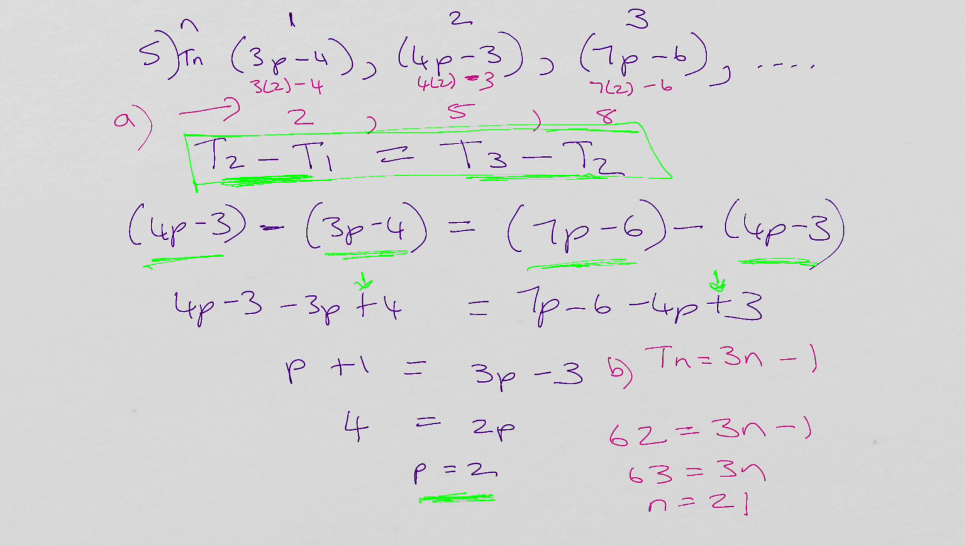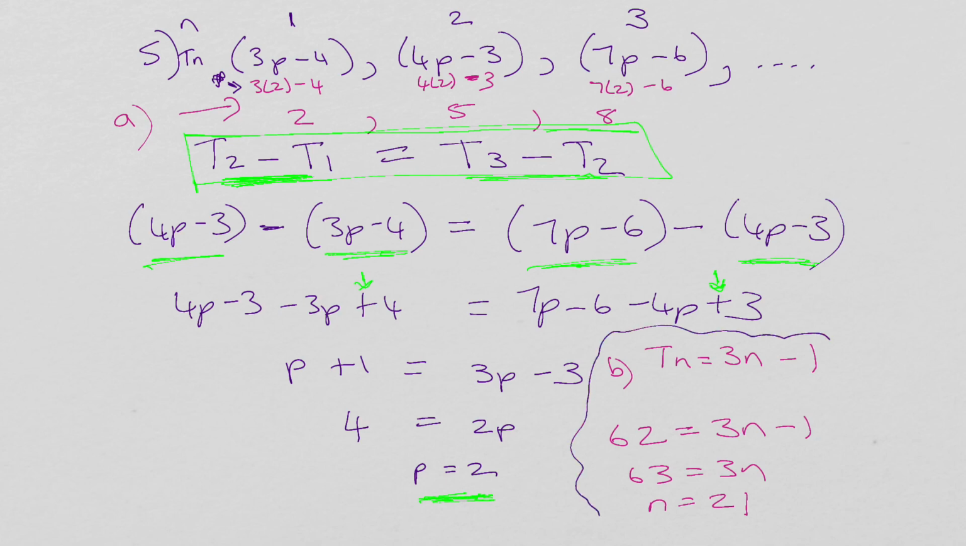Once we know what p is equal to, we can go back here at the top, and we can substitute in 3 times 2, because p is 2, minus 4, the first term is 2. 4 times 2 is 8, minus 3, the second term is 5. The third term is 7 times 2, minus 6, and that's 8. So we weren't working out n or tn, we were working out p and working it out to find out what the terms are. So the actual terms are 2, 5, 8,